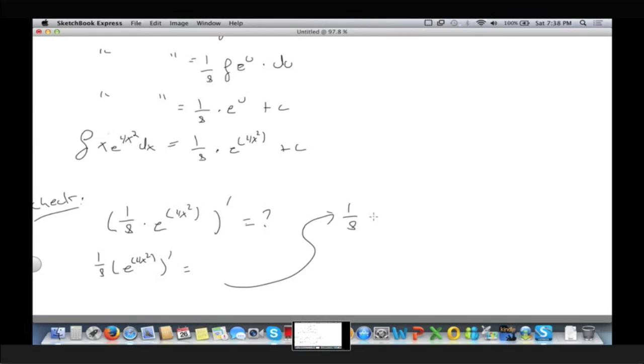So now we use the chain rule. So e to the u times